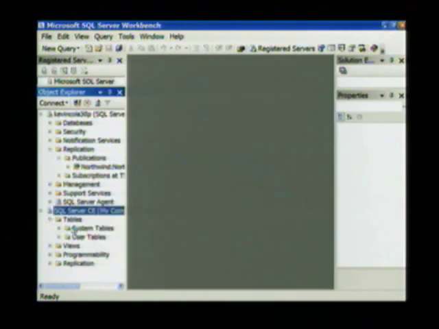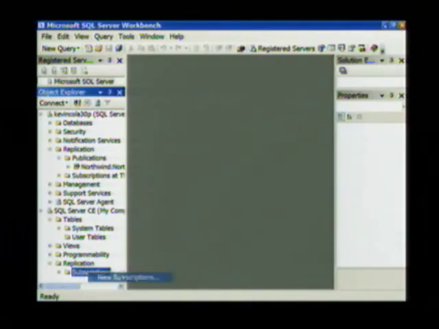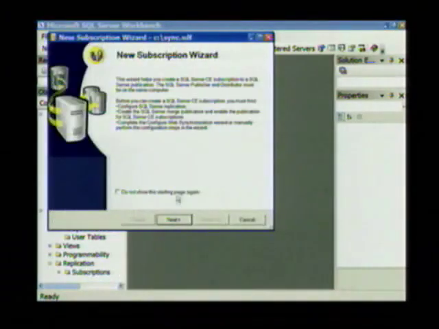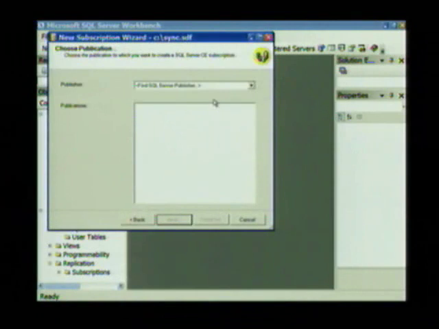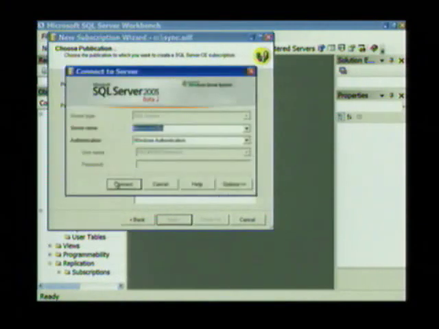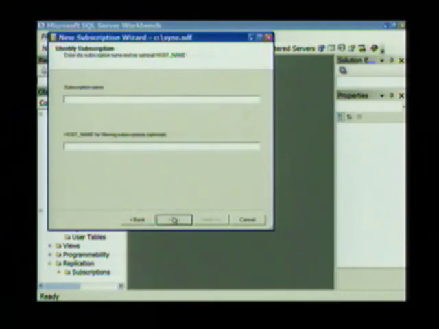You can see here we have the full support that you'd have if it was a normal server database. And something new that we have is creating subscriptions. So I'm going to come back and show that to you. Well, actually, I'm going to go through and show it to you right now. To create this subscription, we can choose a database that I already have on here, connect to it, and choose an existing publication. I can come through,